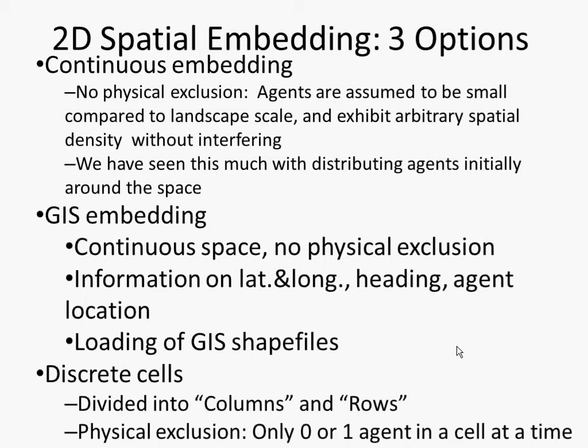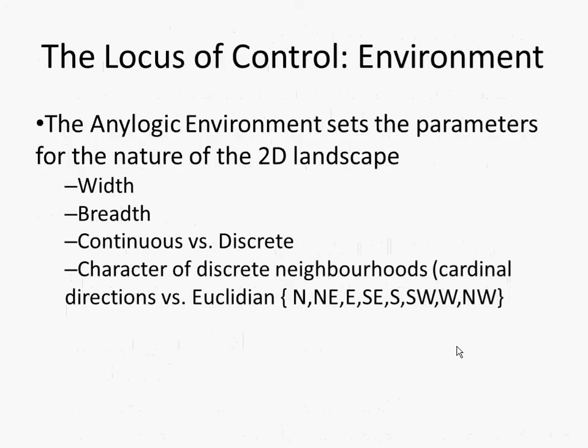In other words, agents seem to be very small compared to the landscape scale. They exhibit arbitrary density, so they can pass one another without directly blocking each other or what have you, and you don't have this mutual exclusion. Okay, and we've seen some of this already with distributing people around the space. Okay,